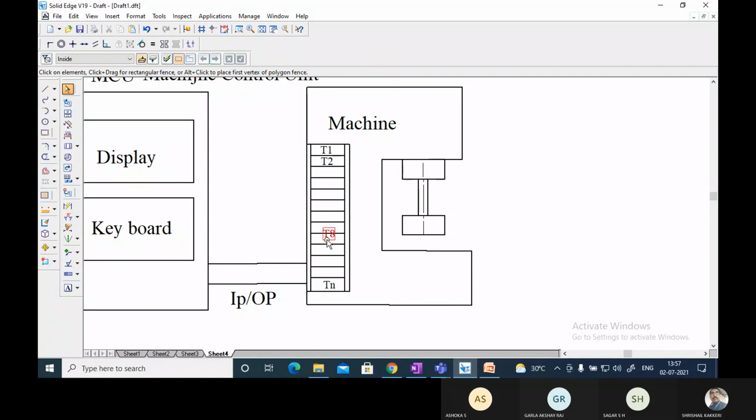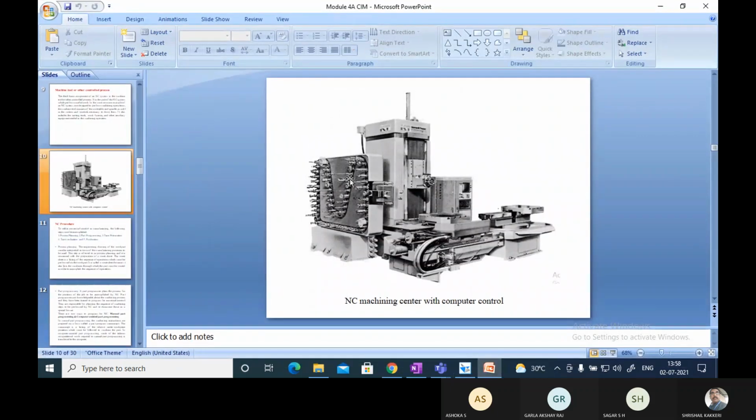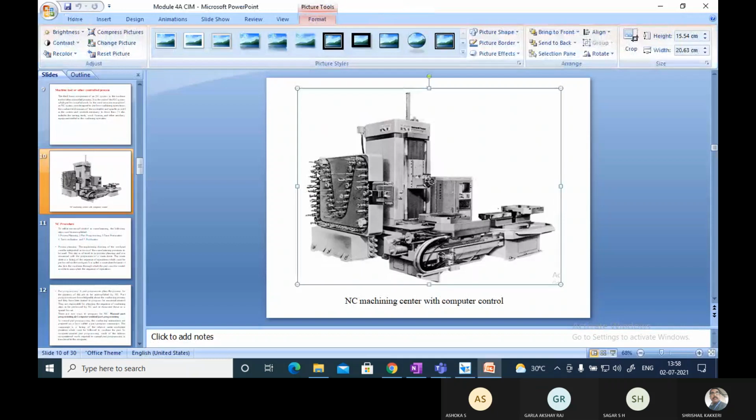This particular cabin is, see, the CNC machine will not understand what the diameter is; it is based on which carrier the tool is kept in. You can see here, there are many tool holders in this. Is it possible for you to see this? There are many tool holders, and these tools will be automatically changed whenever required by